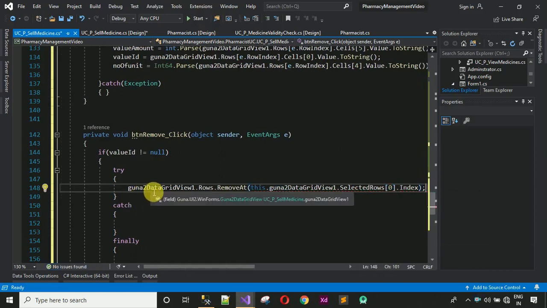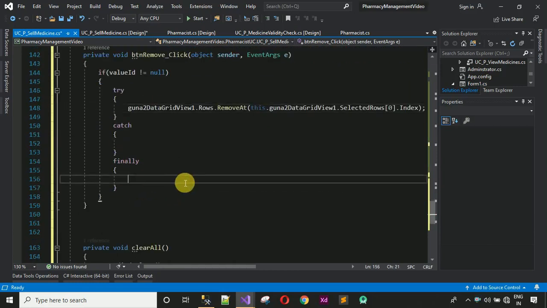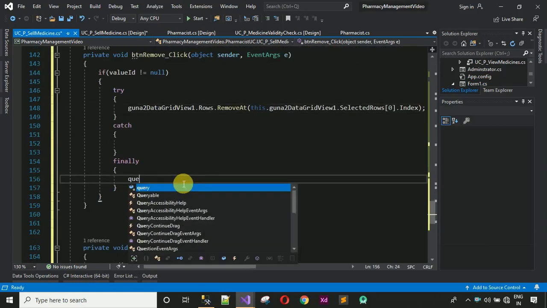Okay, so this will perform the removal part,